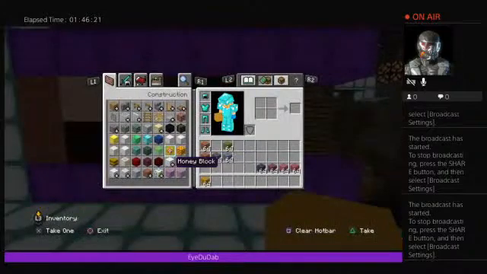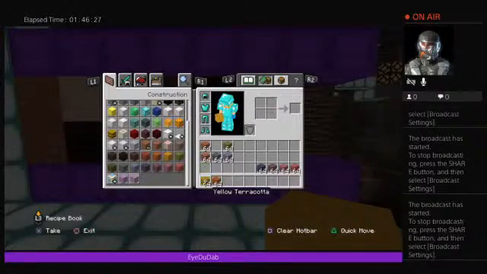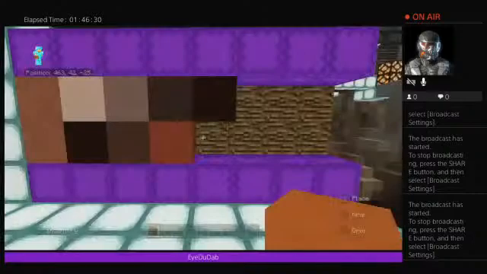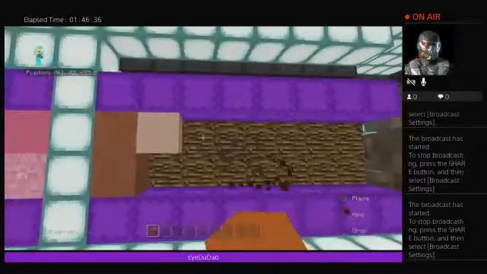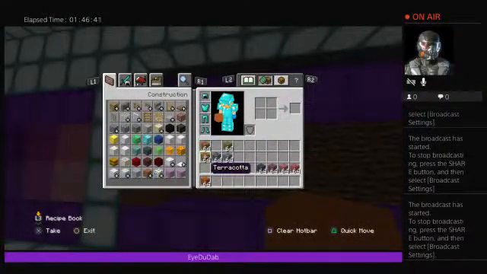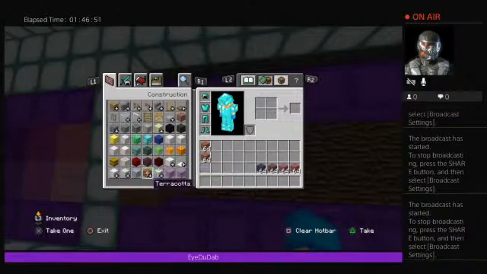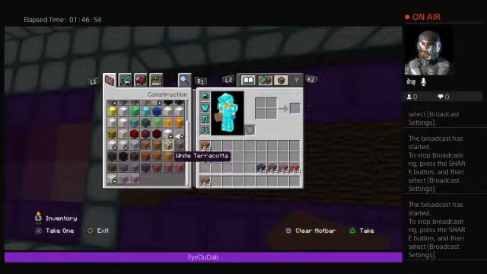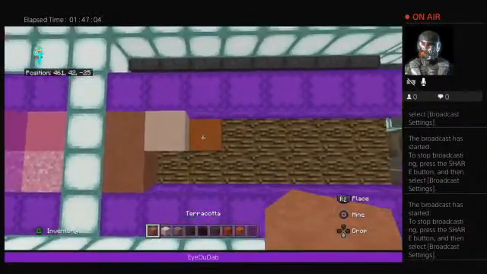Alright, it goes red and yellow. No, red and orange. Oh, come on. Like, what the fuck is going on here? 1, 2, 3, 4. Eight. Jesus fucking Christ. So we got